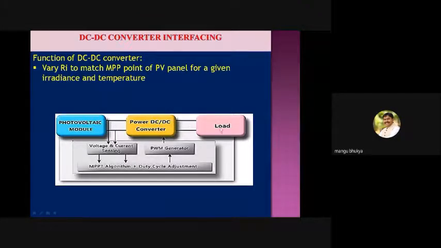Our load is a battery, that is the mobile phone. A mobile phone is an electronic gadget. Inside you might have seen the battery, and all the chips work with DC. We charge the battery and it runs the phone. So all batteries supply power in the form of DC.